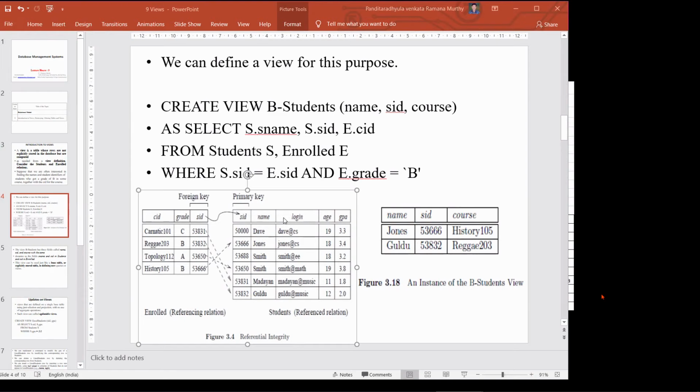So I want to see something from the student table and something from the course table, or we can call it the enroll table. Then we can create a view.